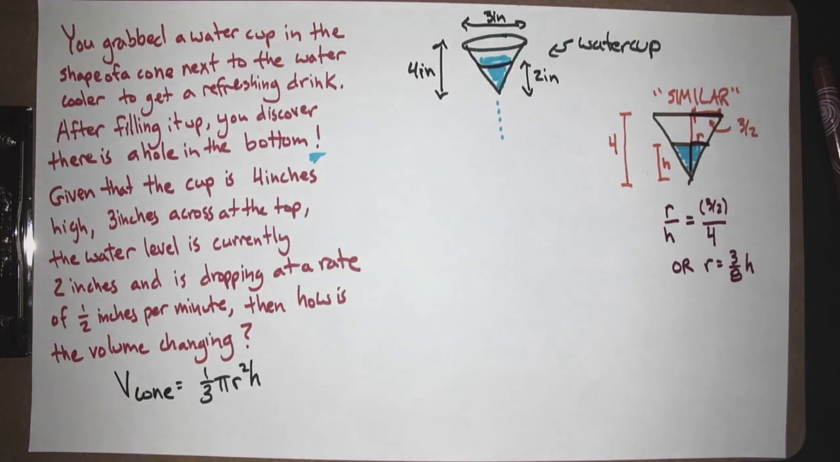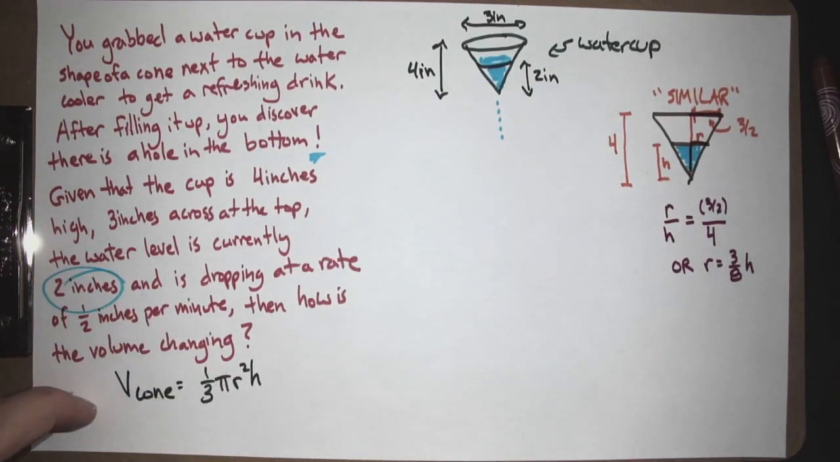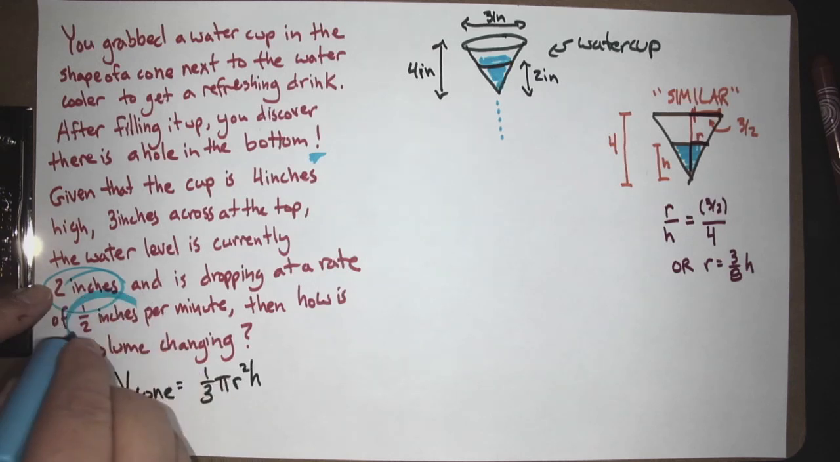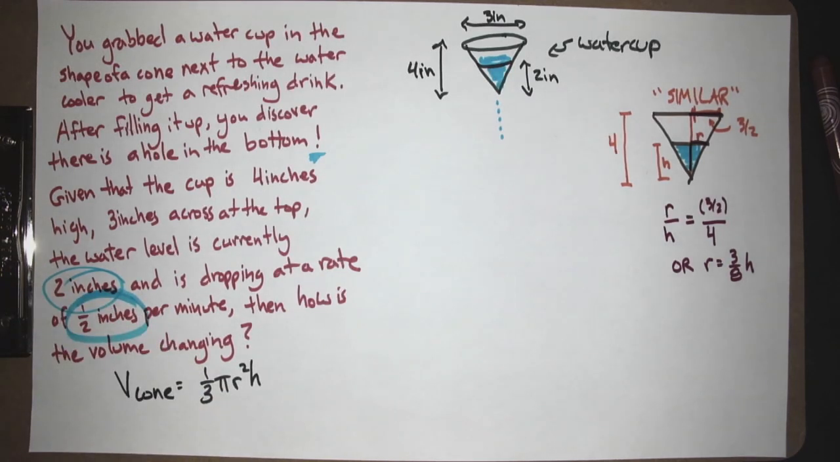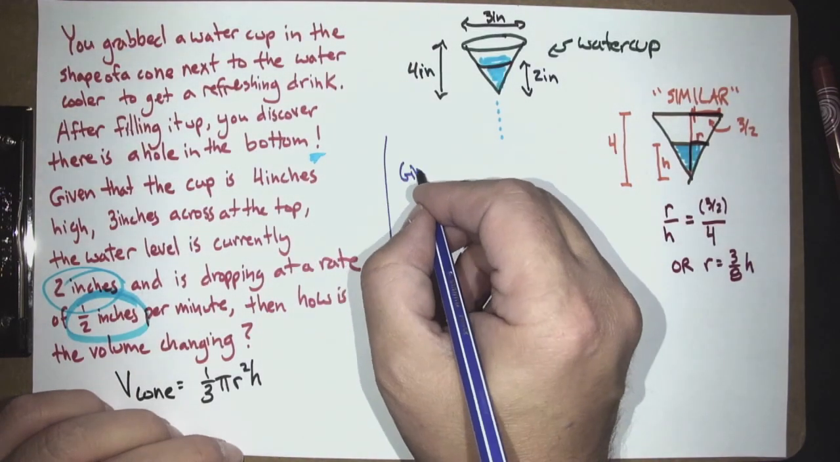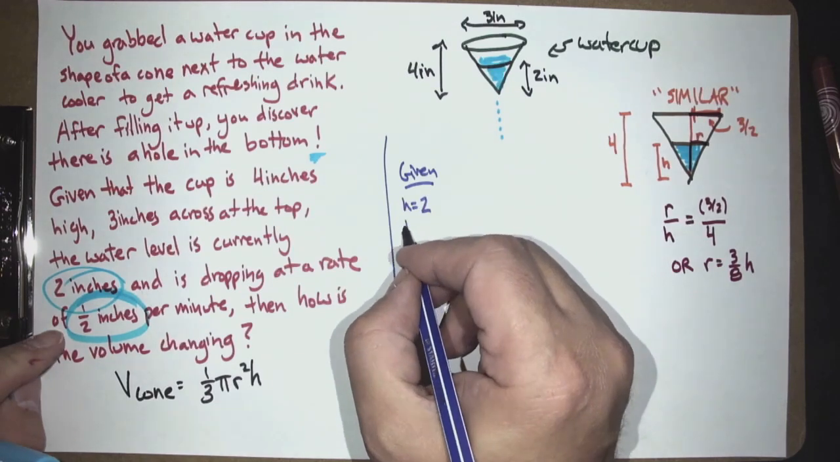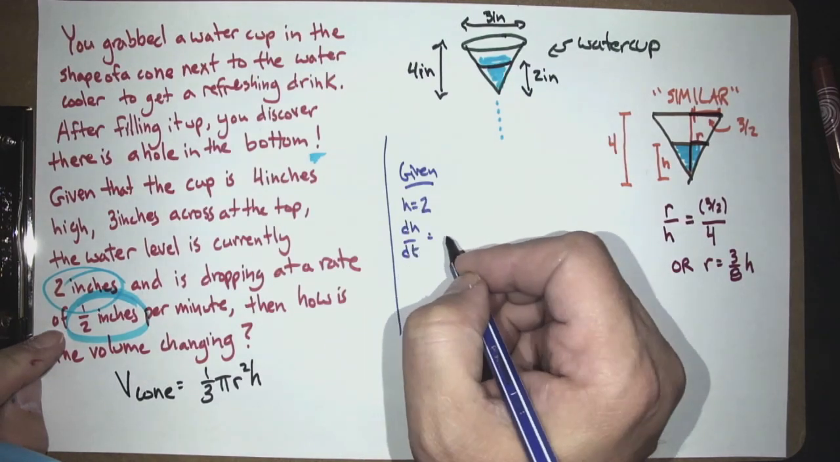Now, let's look at what we want. We know the water level is 2 inches. Is that an R measurement or an H measurement? H. It's also dropping at a rate of 1/2 inches per minute. So, we're given that H is 2, dH/dt is,